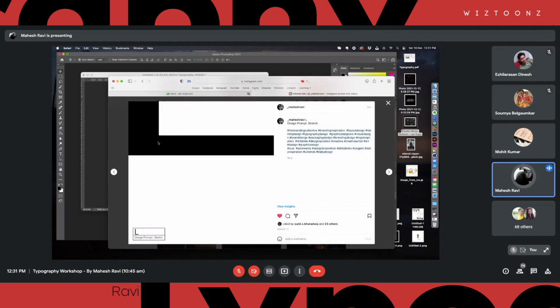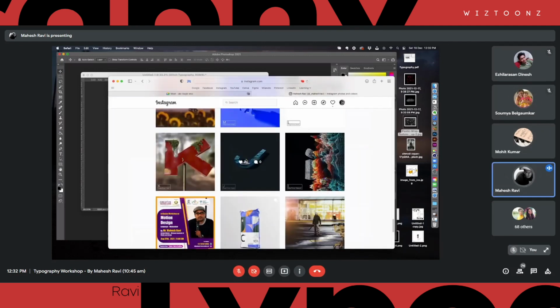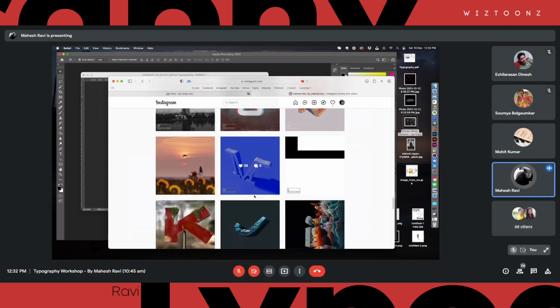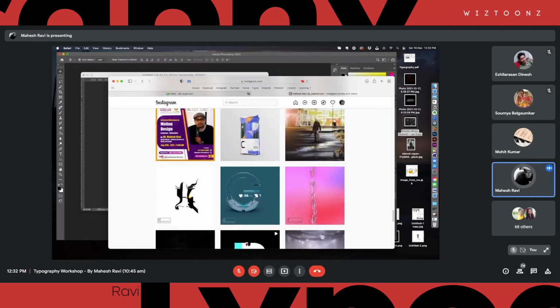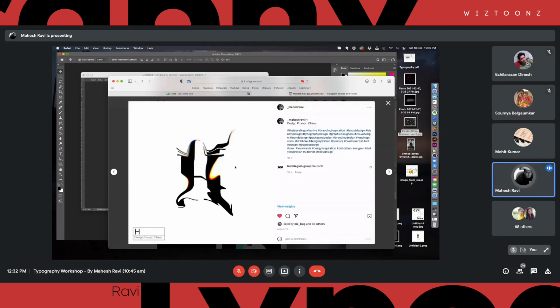This is an example of what I showed you earlier, right? It actually goes out of the frame. It's L, right? But the prompt is stretched. So it is stretching out. We are only seeing one portion of that L, but we are still able to understand it's an L, right? So this is a very interesting task that if you do it, you will see distorted typography.